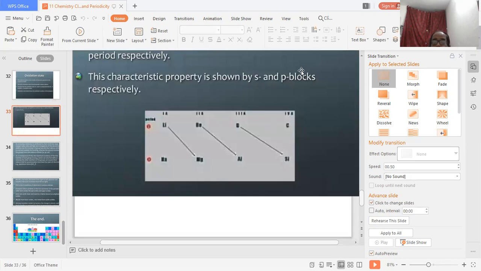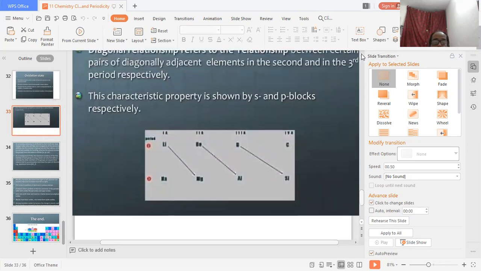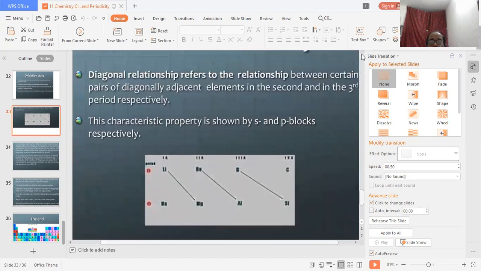And the next thing is the diagonal relationship, a new definition. Diagonal relationship means the cross. Suppose in a square the corners are ABCD, so AC or BD is the diagonal. These types of things also exist in our modern periodic table. Suppose some characters of an element differ from its own family members, and these characters are similar to the next group and next period, making a relation. These types of relation are called diagonal relation.